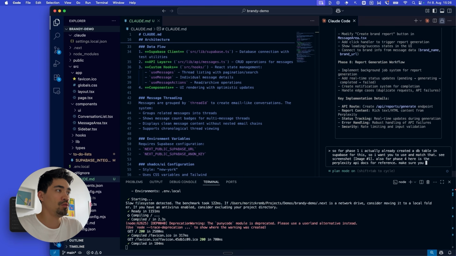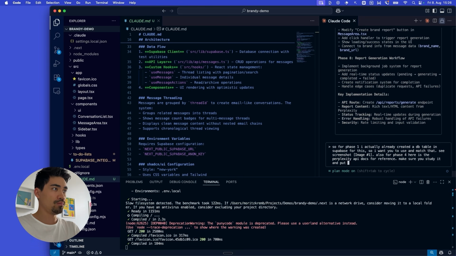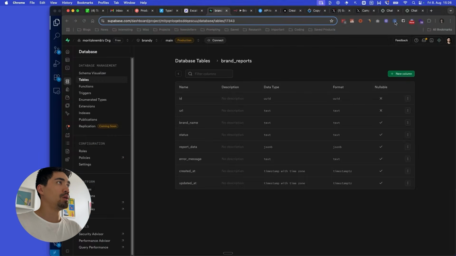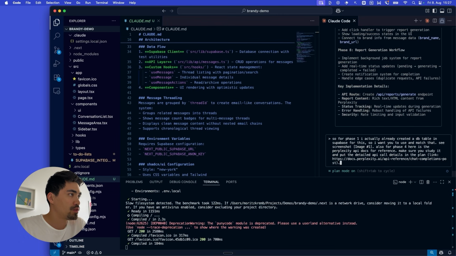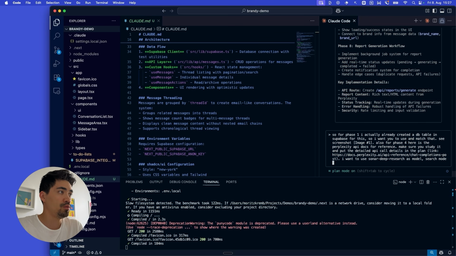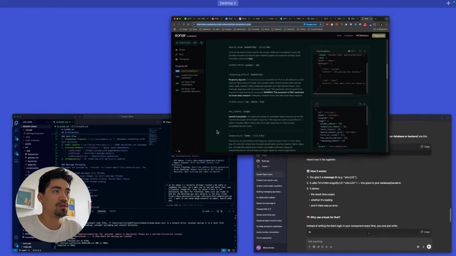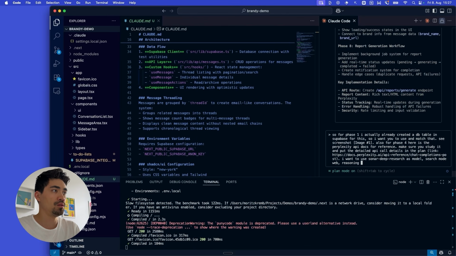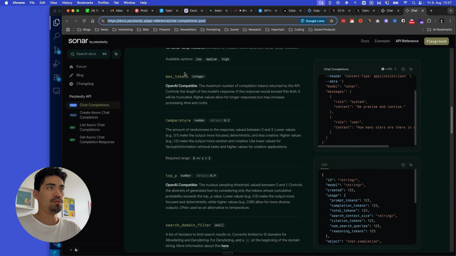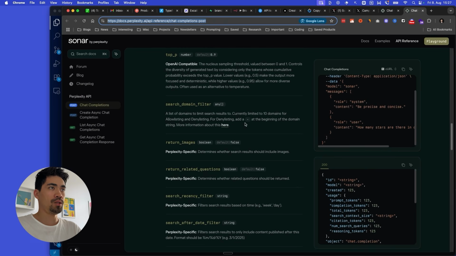Make sure you see it and put the detailed API call details in the plan. And then let me get the link, and then I'll say I want to use Sonar Deep Research as the model, search mode web, and what else did we say? Let's do reasoning mode low to test, and we could do max tokens as well. Oh yeah, search domain filter